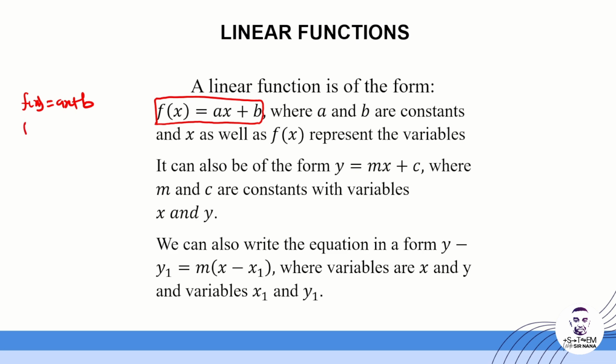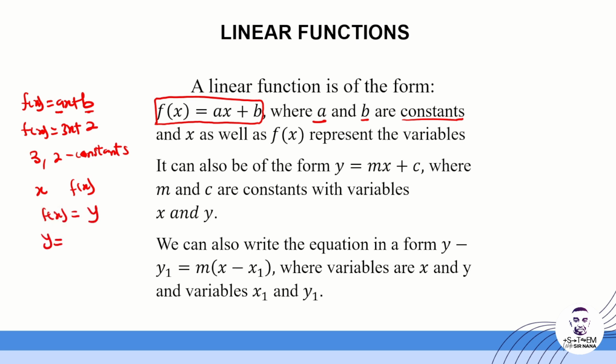Now we see that, for instance, if I have f of x is equal to 3x plus 2, then the 3 and the 2 are constants, right? They are constant values. So a and b here represent the constant values. And then we see that the x and the f of x in the function are variables, because we can equate f of x to y, where we have y is equal to 3x plus 2. So the y and the x represent variables,